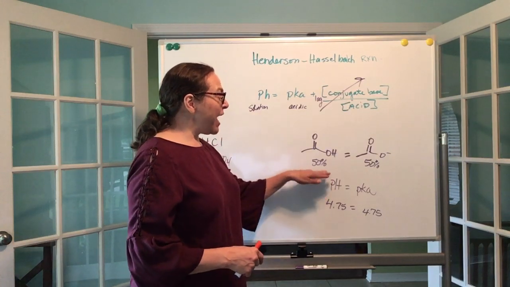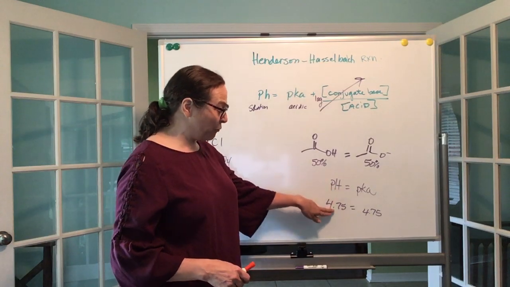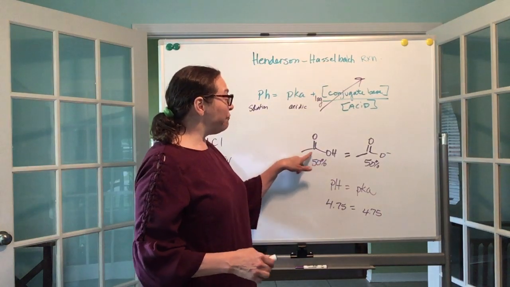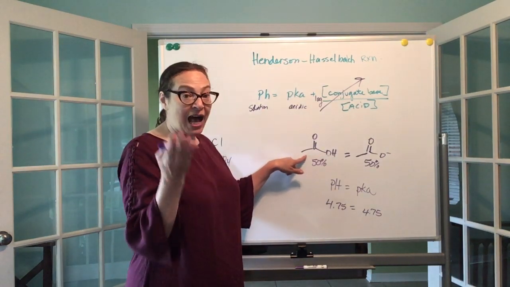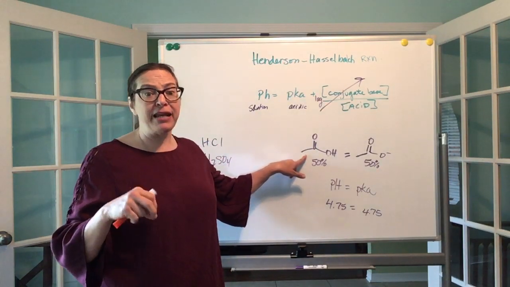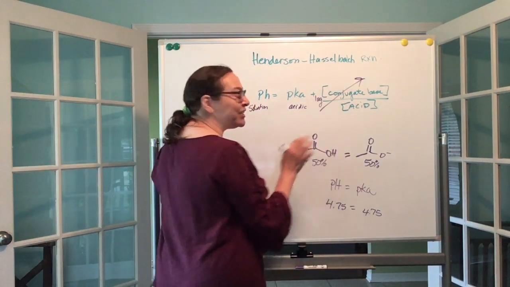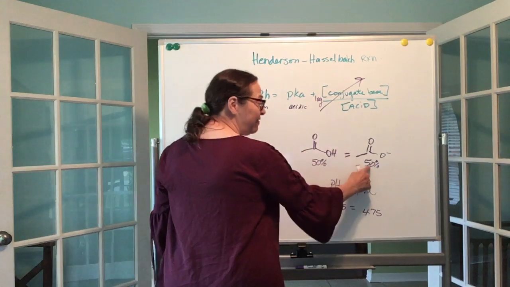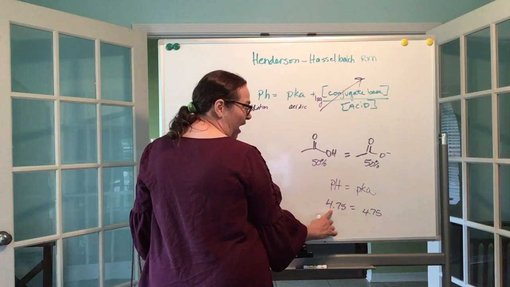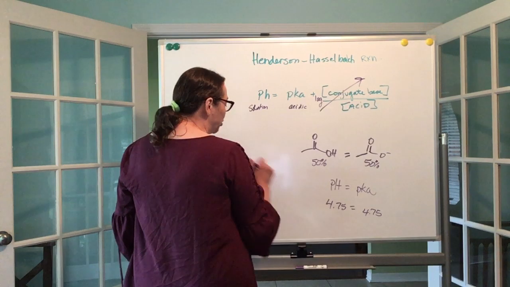That tells me that every time I increase the pH from 4.75 to something higher, I'm reducing the amount of this compound in solution, because the higher the pH, the more basic. In fact, because this is a logarithm and it is a base 10 logarithm, it tells me that I should be able to predict the amount of this and this that is in solution depending on the pH. For instance, at 4.75, there is 50% of each one of these. If I increase the pH to